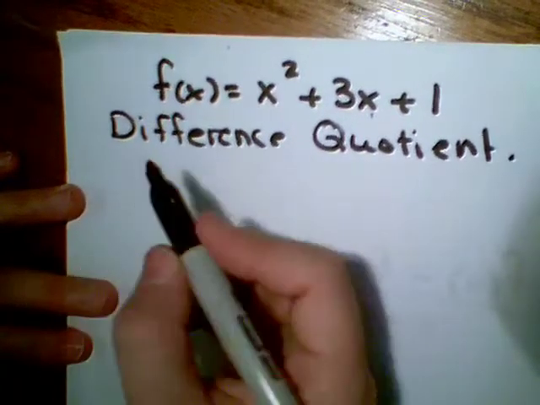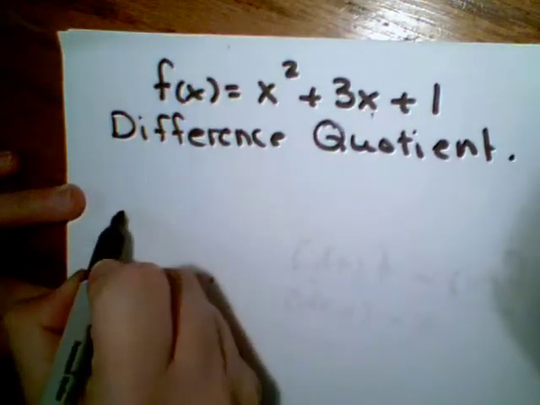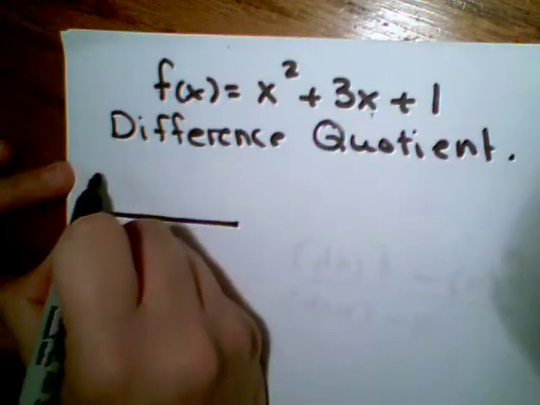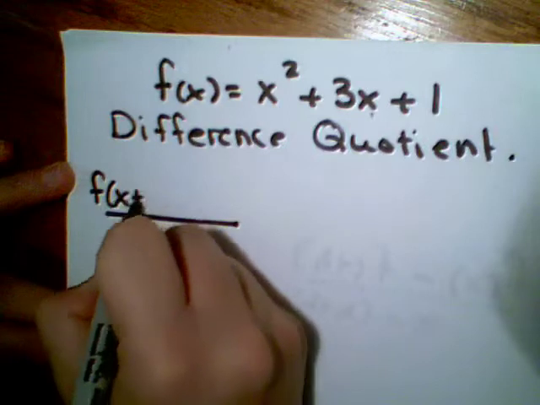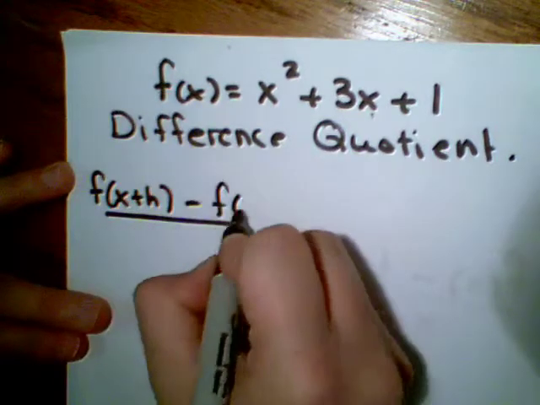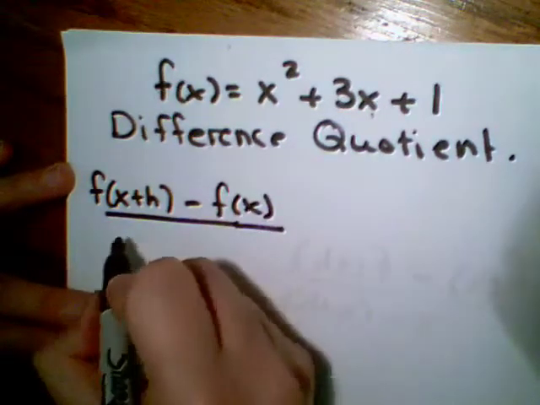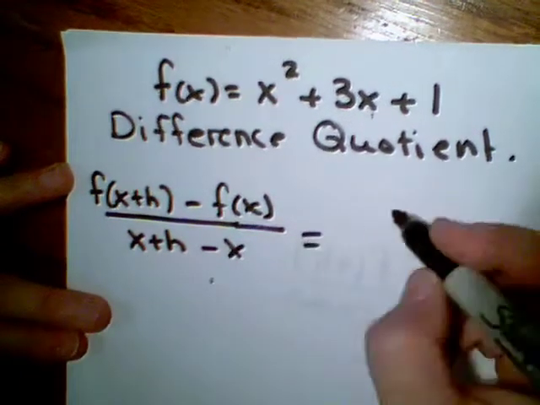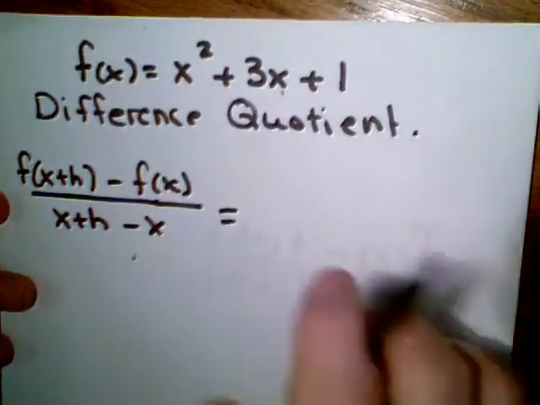Now the definition of a difference quotient. It is a quotient of two differences. The first difference is f evaluated at x plus h minus f of x. The second difference is x plus h minus x. And it turns out that this ratio can be